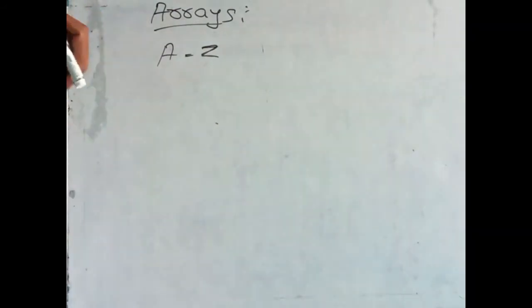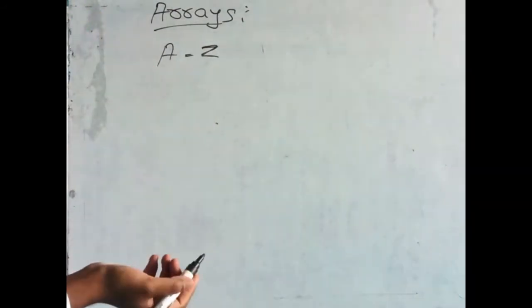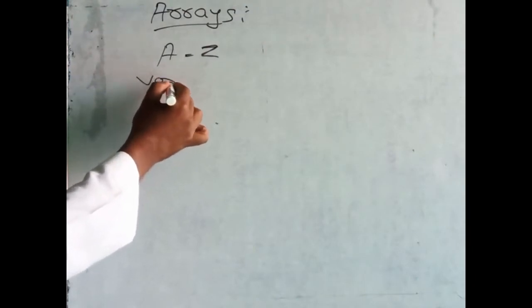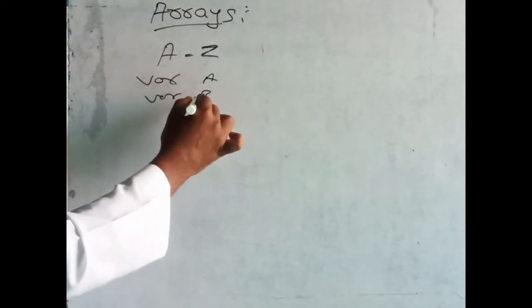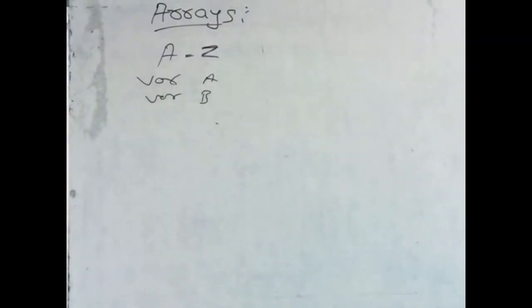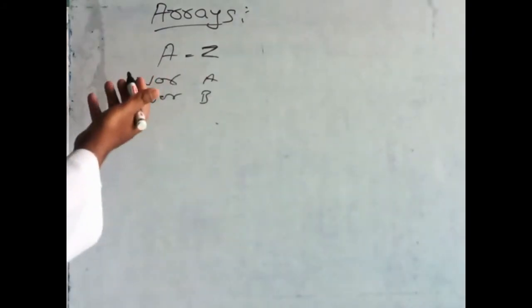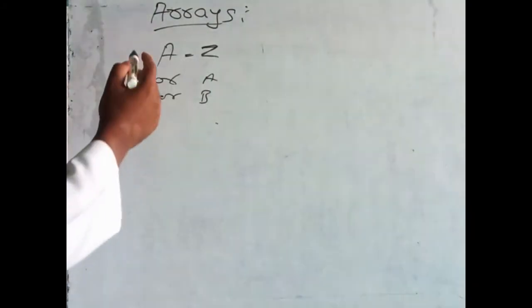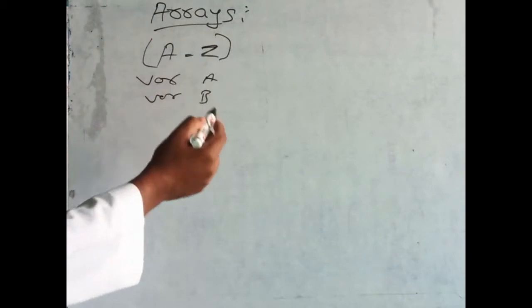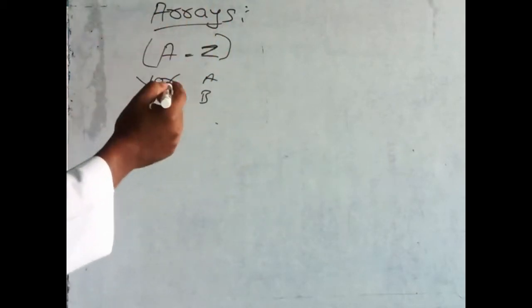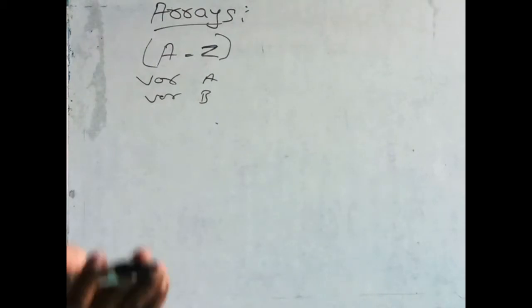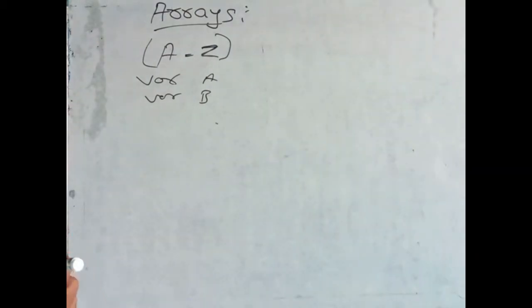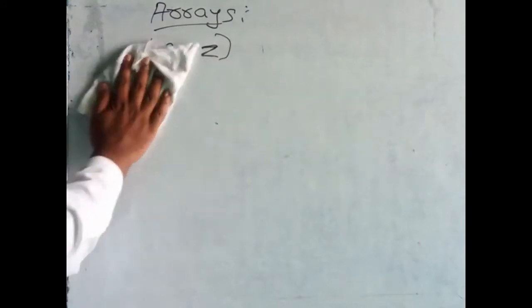For that, for each letter we require one variable: variable A, variable B, like that. If 26 letters are there, 26 variables are required to save them. These letters we should initialize in variables. For 26 letters, 26 variables are required, but all are the same type, character type.